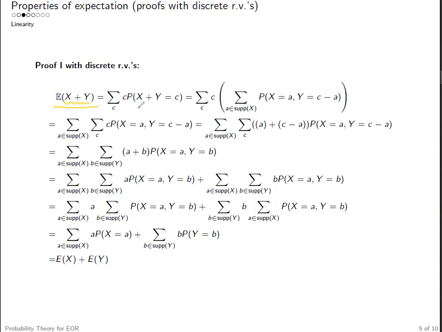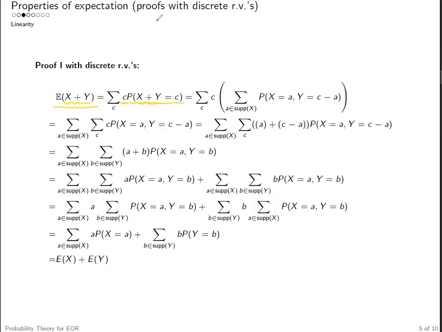So according to the definition, this expected value is equal to a weighted sum of all possible values that could be taken by this new random variable X plus Y. It's a weighted sum, so c should be multiplied by the probability value of X plus Y equal to c,